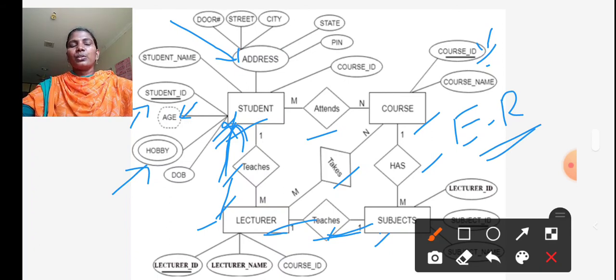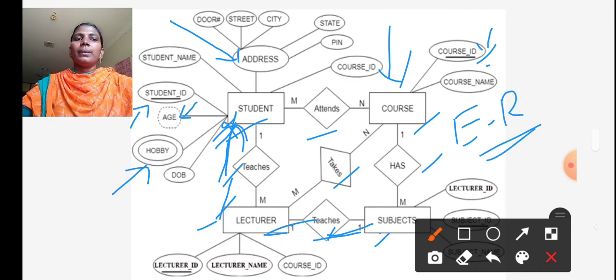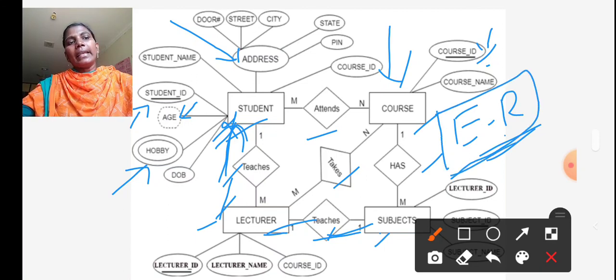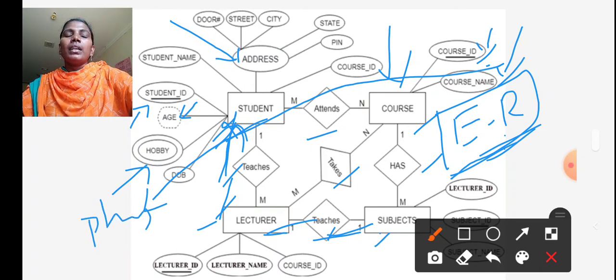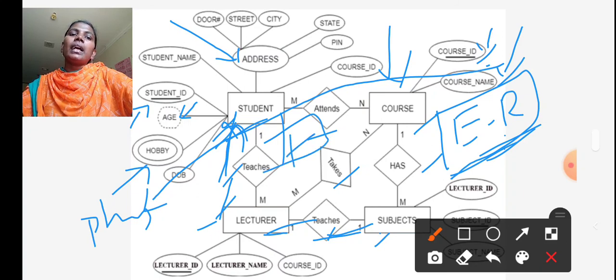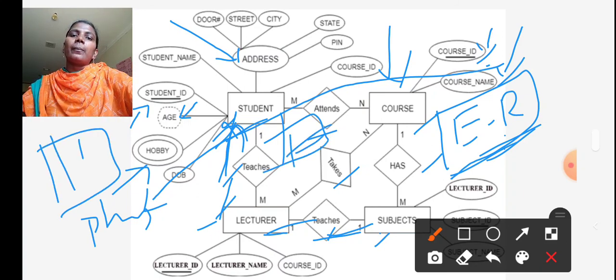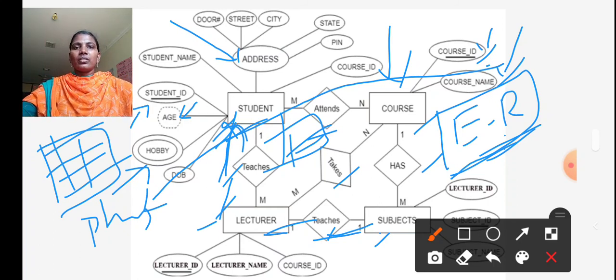Headings and text values are present. The entire diagrammatical representation is represented like this. This is the logical structure of the data or database. By using this logical structure, we can easily convert these values into the physical structure, which means these values can be easily converted into tabular formats of data.